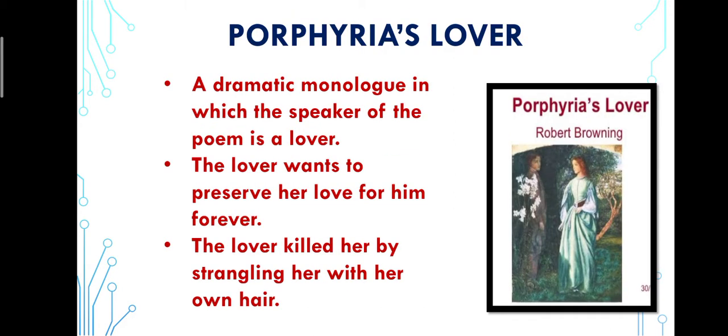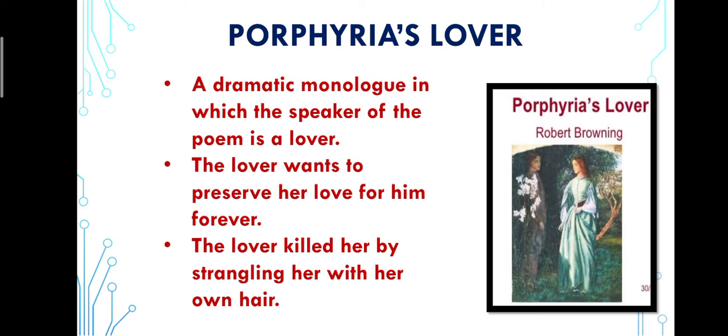Now, let's have an idea of Browning's another dramatic monologue titled Porphyria's Lover. Porphyria's Lover is also one of the famous dramatic monologues of Robert Browning. In this poem, the speaker is the lover. He describes the stormy situation outside and then he also describes his beloved named Porphyria when she enters the cottage